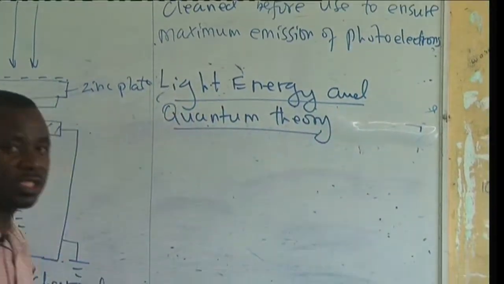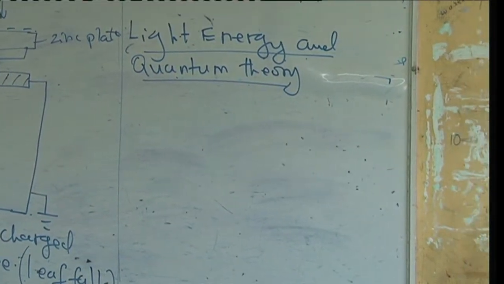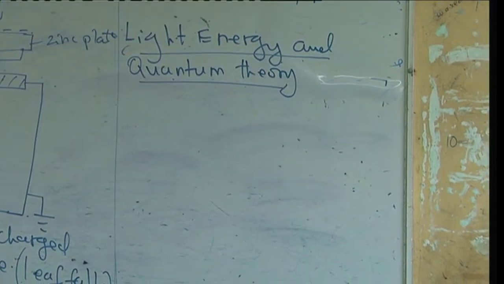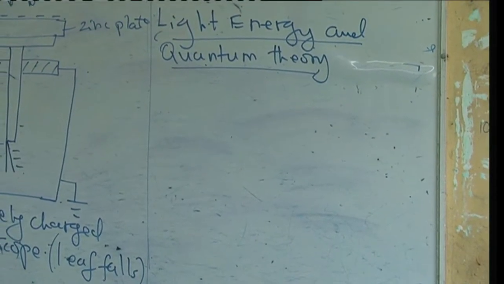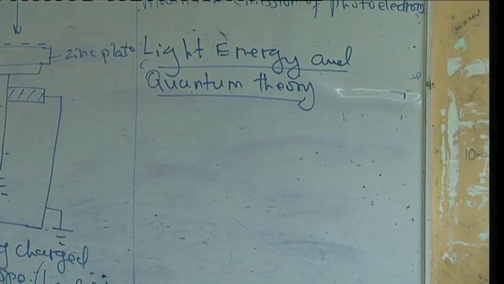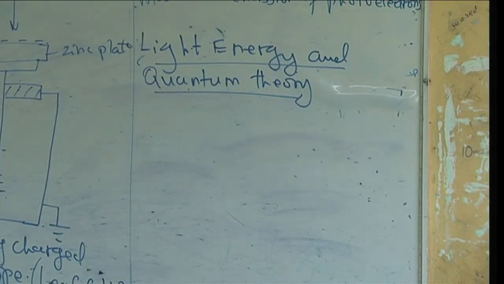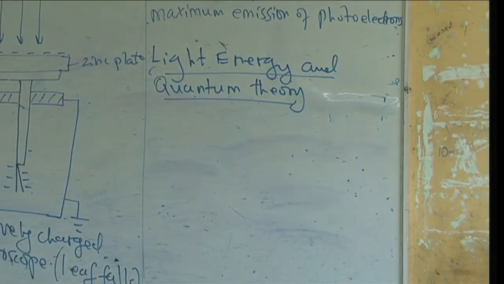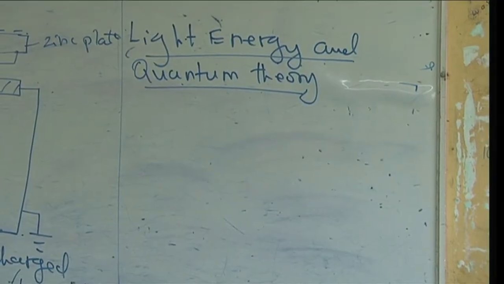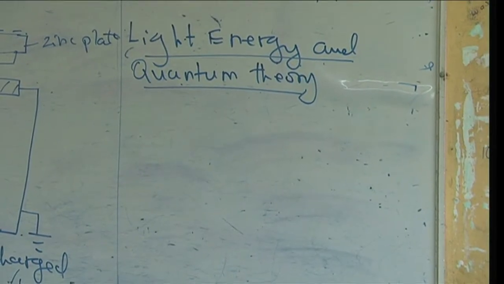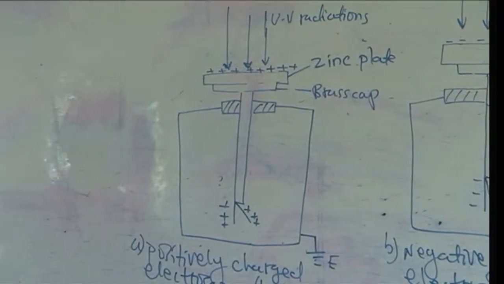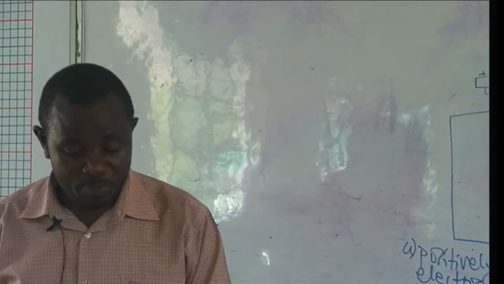Light energy and quantum theory. Now, light is energy itself, and as it travels, this radiation, the UV radiation, is in the form of light from the sun, and as it travels from the sun, it carries some energy with it. Now there is a scientist called Max Planck who came up with an idea that light energy is propagated as small packets of